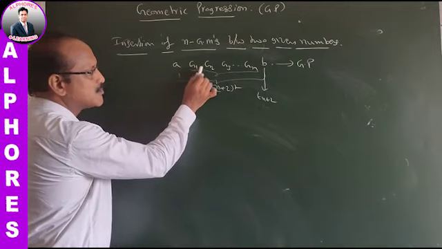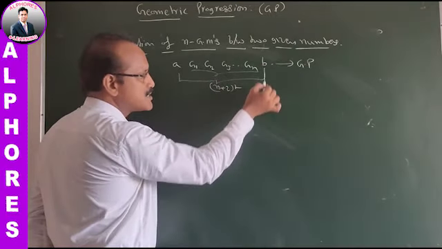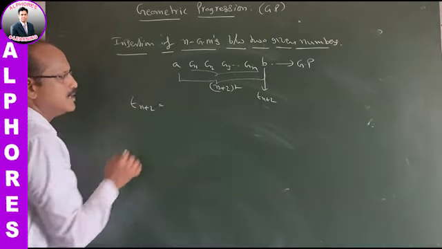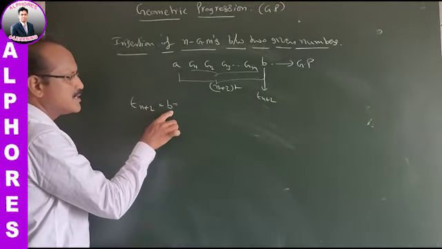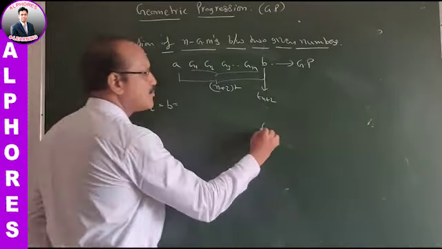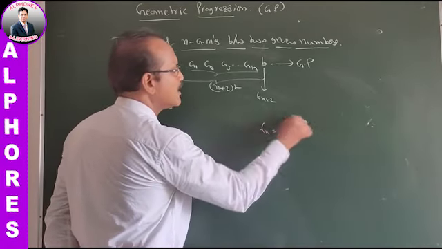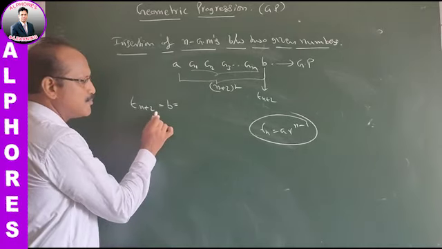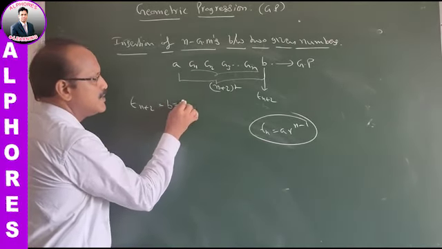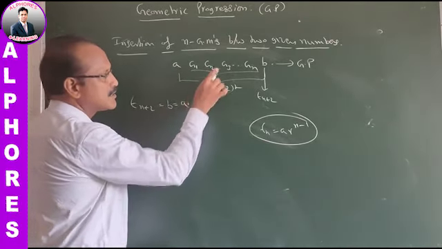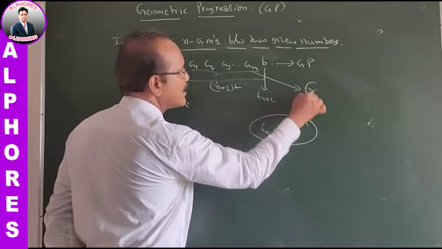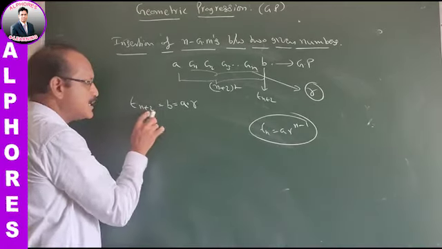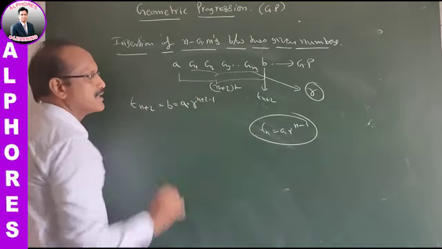First term, second term, third term, like that. It is the (n+2)th term, right? Now I am writing the (n+2)th term value. That is, the (n+2)th term is b. The nth term of a GP is given by the formula ar^(n-1). In a similar manner, the (n+2)th term is given by a, where the common ratio of this GP is r, times r^(n+2-1).